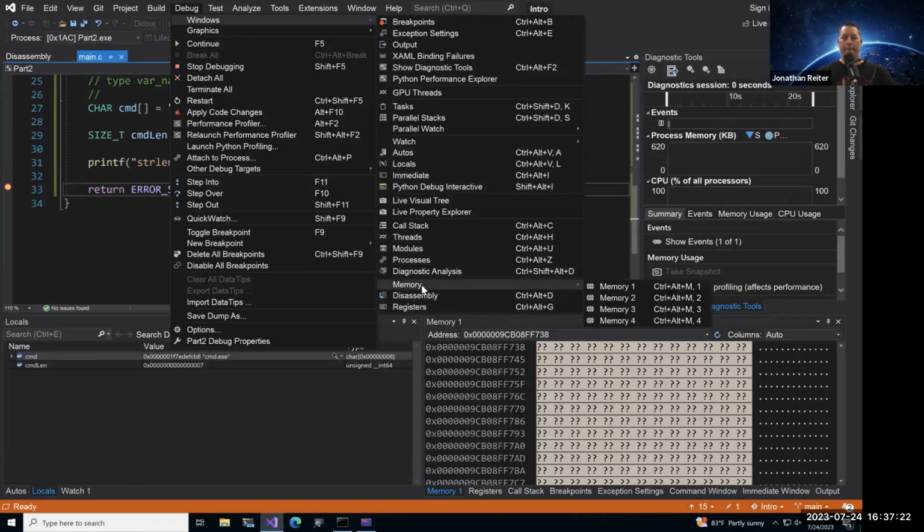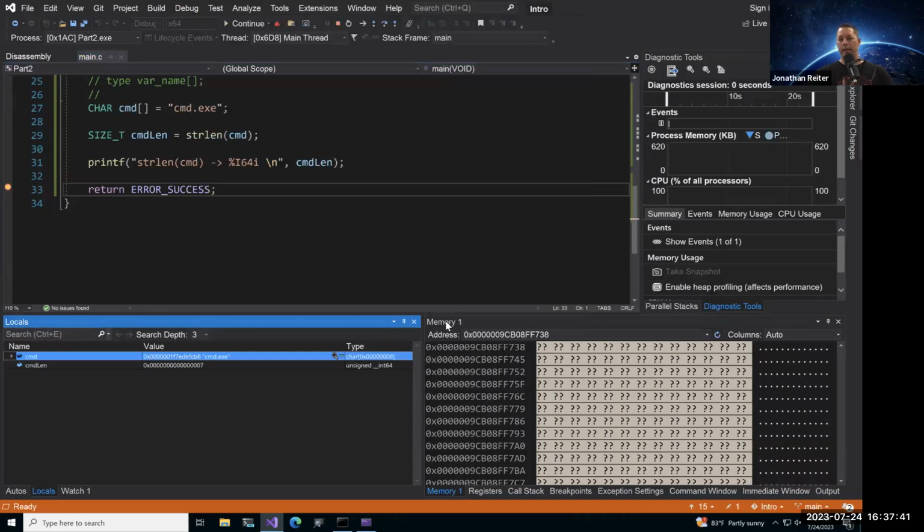All right, here you go, Tyson. Once you're inside of a debugger instance, go to Debug, Windows, Memory. And what's kind of cool is you have 4 of them. You can have 4 of them open at one time. The default right now that I have is just Memory window 1.